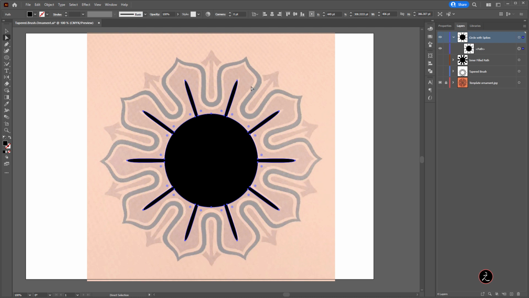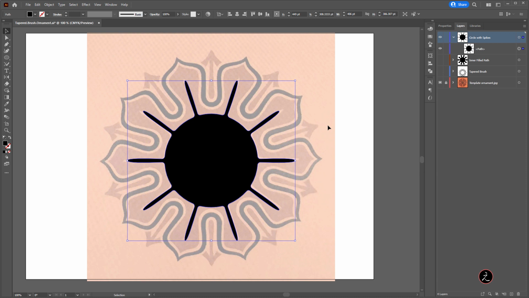The moment we do that, we get the live corner widgets. These are the live corner widgets. Now, we can do this interactively, right? Let me go ahead and undo this. Or we can do this up in the control bar and up the corner size to perhaps 6 points. Works on my end. Great, this looks great.